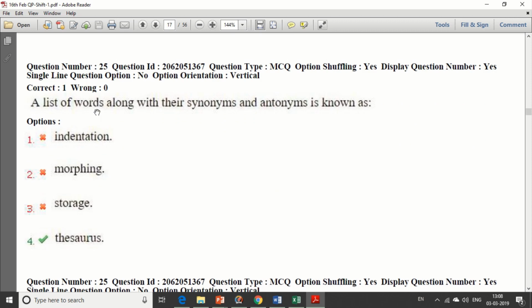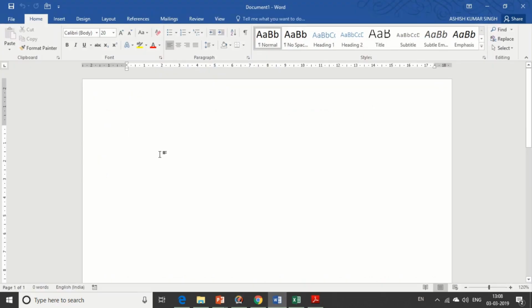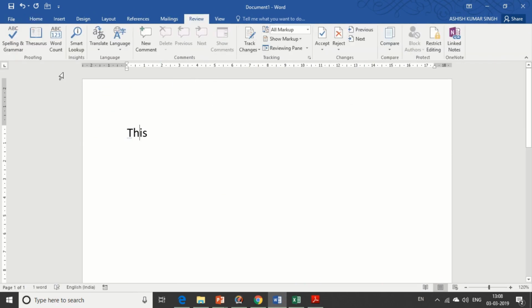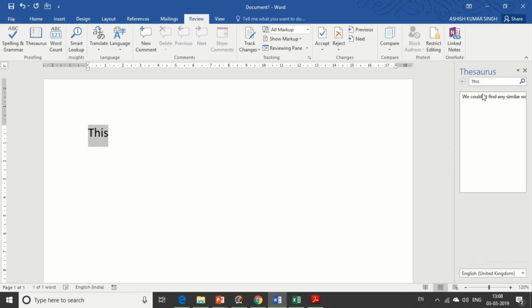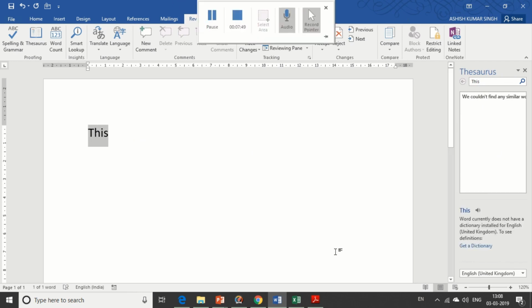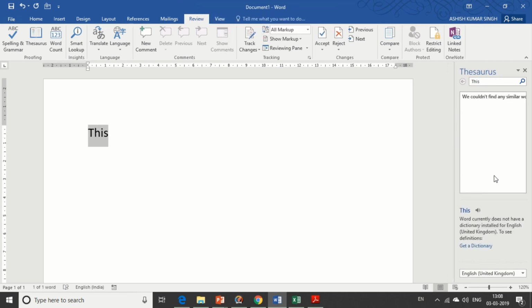A list of words along with their synonyms and antonyms is known as a thesaurus. In Word, like we write this and go to the Review tab and use the thesaurus, we will see all words related to this.